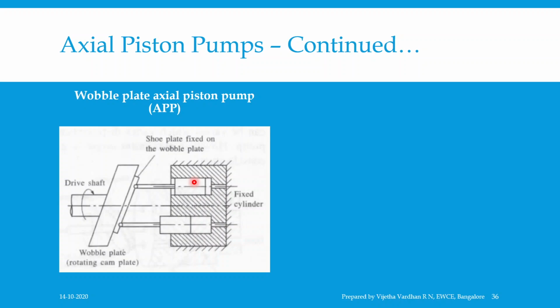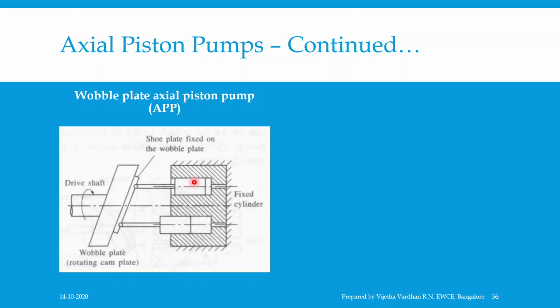Now, the fixed cam plate and rotating plate axial piston pumps are fixed displacement pumps. Now we will have another concept that is called variable axial piston displacement pumps. The theoretical displacement of an axial piston pump of either fixed cam plate or rotating plate is given by Vd = N × Ap × Db × tan θ. We can say that Vd, the volumetric discharge, is directly proportional to θ for a given axial pump, because as θ increases or decreases, the Vd increases or decreases.